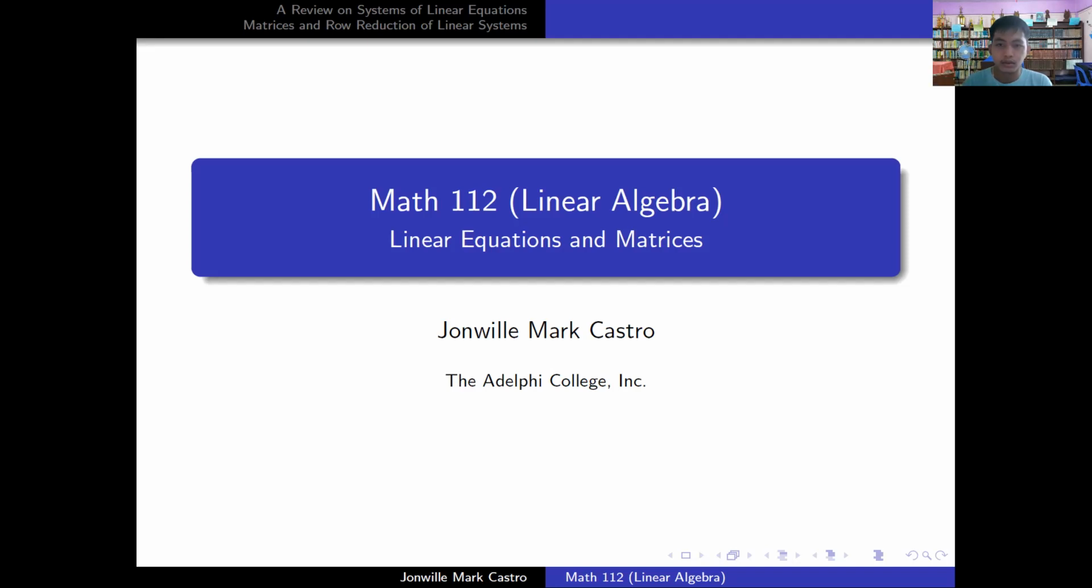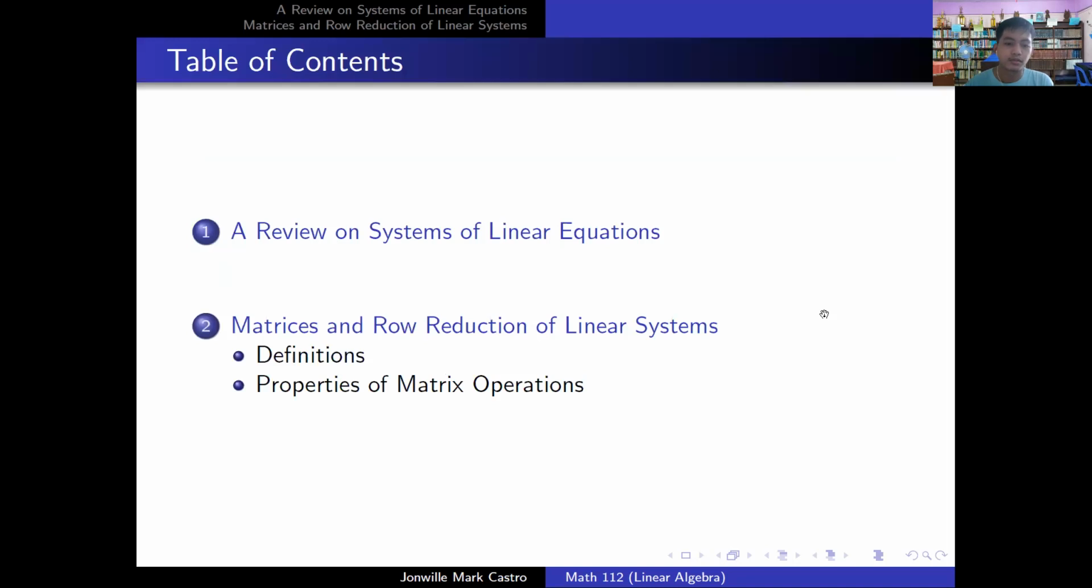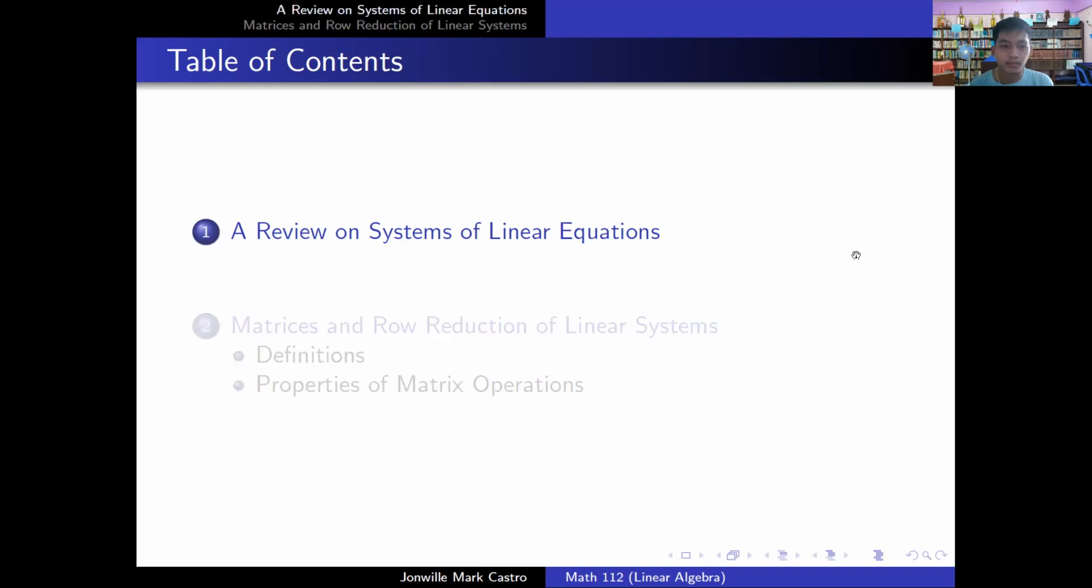So i-discuss natin yung first module which is entitled Linear Equations and Matrices. So first will be a review on systems of linear equations na na-discuss nyo na sa algebra. And second is about matrices and row reduction of linear systems. Okay. So first, linear equations,